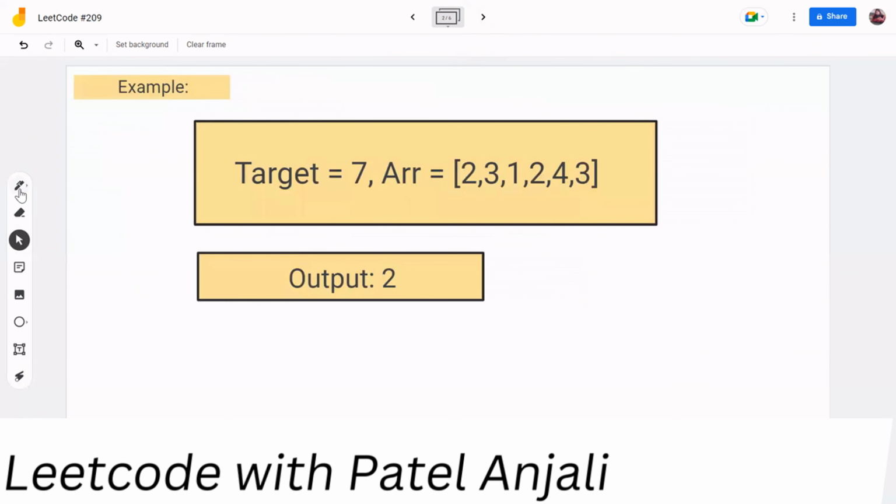Let's see the example. So here target is 7, and the array is this one. If we take the whole array, then what will be the sum? 2, 3, 5 plus 1, 6, and 2, 4, 6 plus 3, 9. It will be 15. Okay, it is greater than target, yes, it may be a possible answer, but we have to